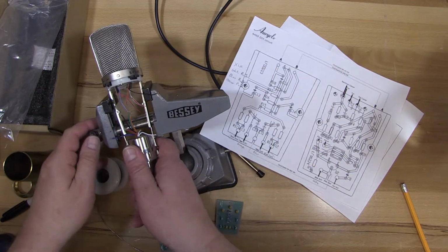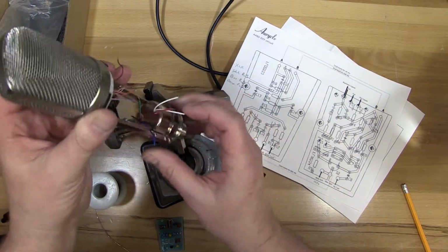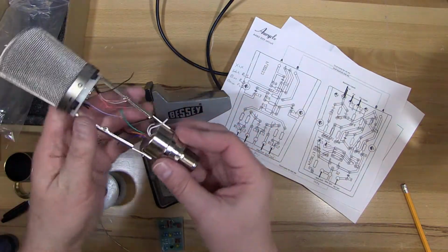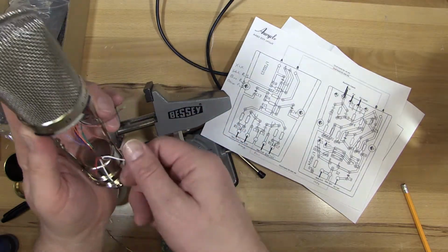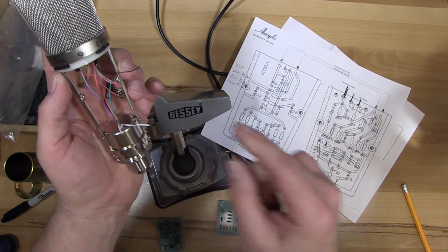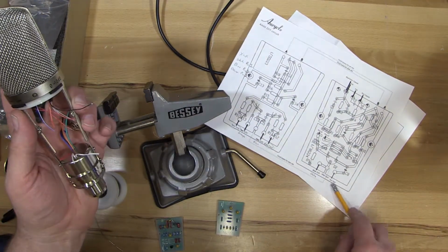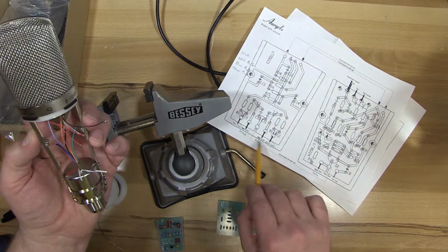So looking at the wires that we just identified, 3 of them are coming from one of the holes and 4 are coming from the other. So the 3 that are coming from this hole, there's red and white from the transformer and white from the XLR. And if we look at these sheets, we see that those 3 go to this board that has the transistors, and the other wires,